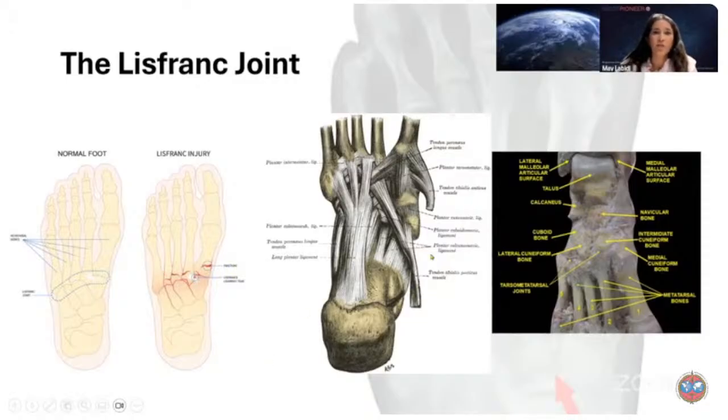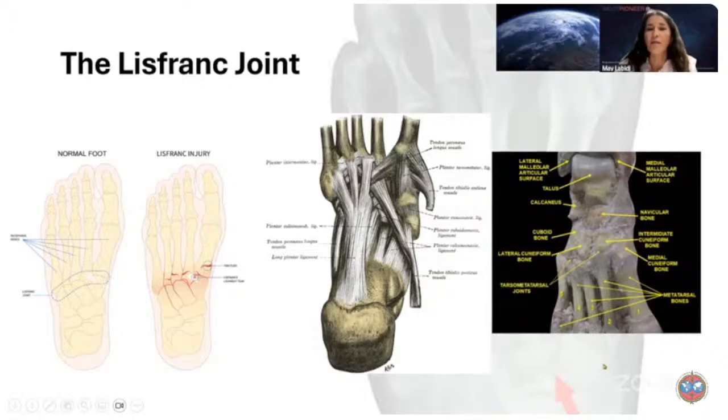In the middle illustration, which might not be the best one, you can clearly see the intermetatarsal ligaments, and it's important to note that ligaments are not present between the first and the second metatarsal. You also have the peroneus longus tendon attached to the base of the first metatarsal, and that does take part in the stability and integrity of the first TMTJ,